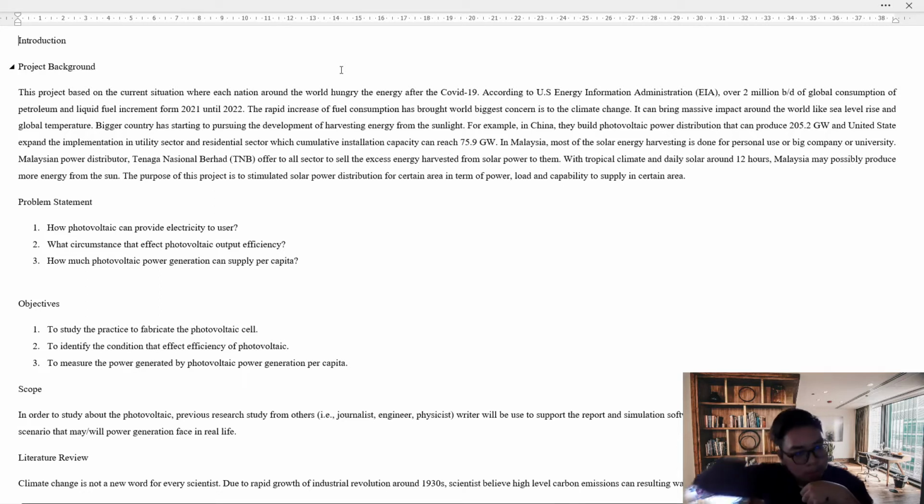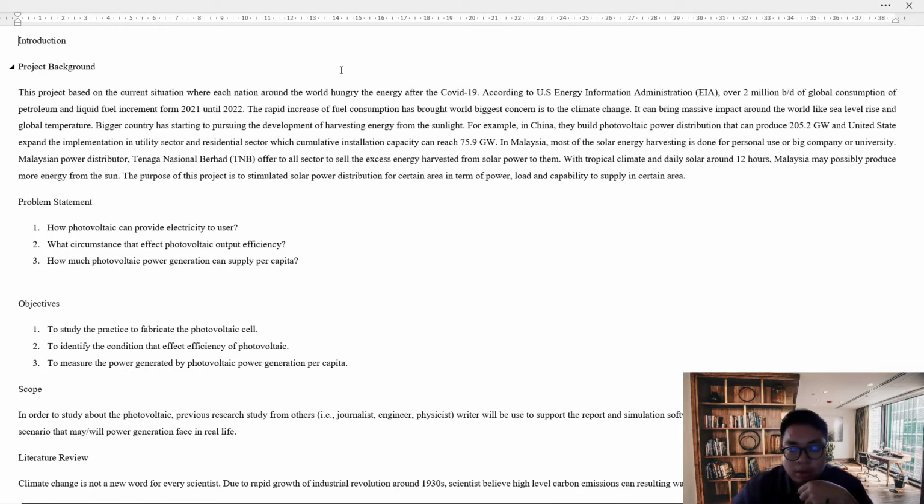So our objective is to study the practice that scientists do to fabricate the photovoltaic cell, to study the condition that affects the photovoltaic output, and the third objective is to measure the power generated by photovoltaic power generation per capita. So our scope for this project is to use the previous study from other